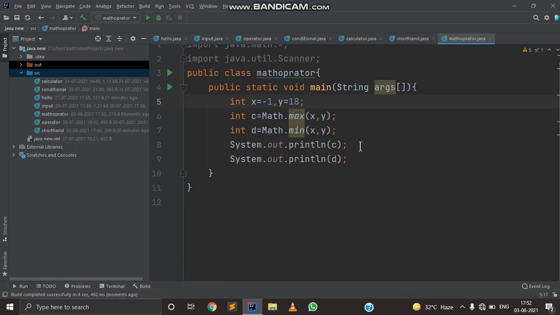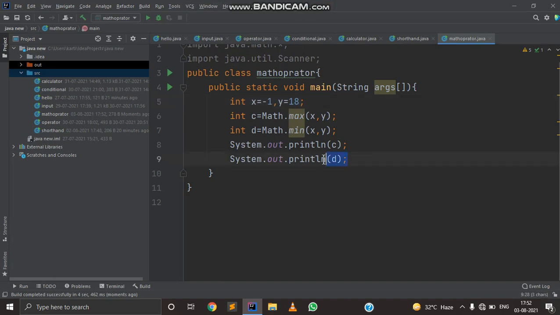Now I am going to tell you the last one, that is Math.random. Math.random is not widely used in programs, but it is given in examinations or in value return type questions or in simple problems.